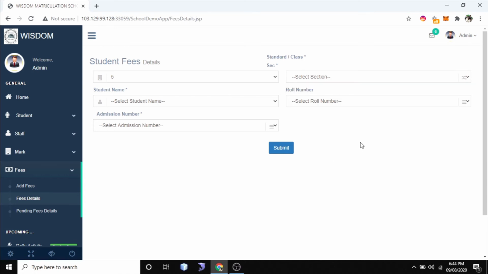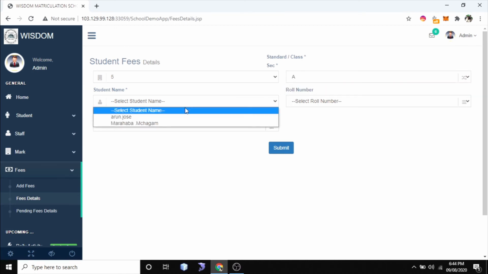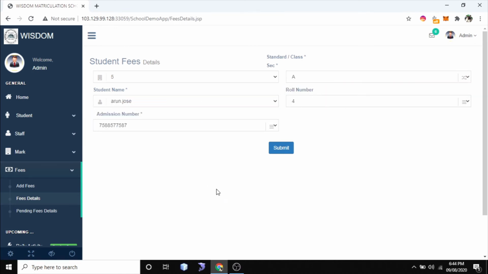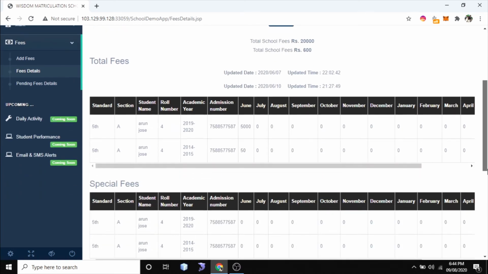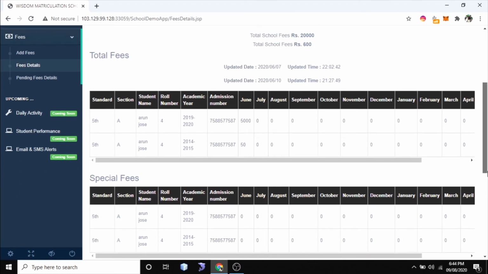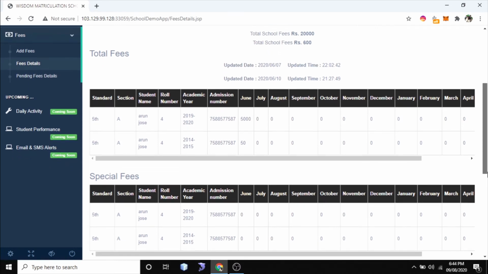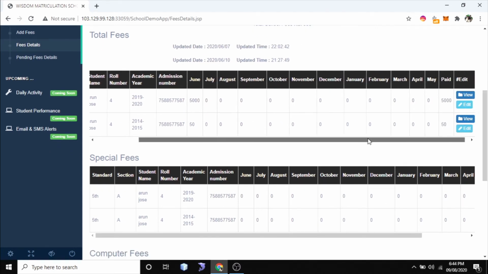You can select which standard's student you want to see and how much he has paid till now. You can see how much he has paid monthly, or the special fee and total fee